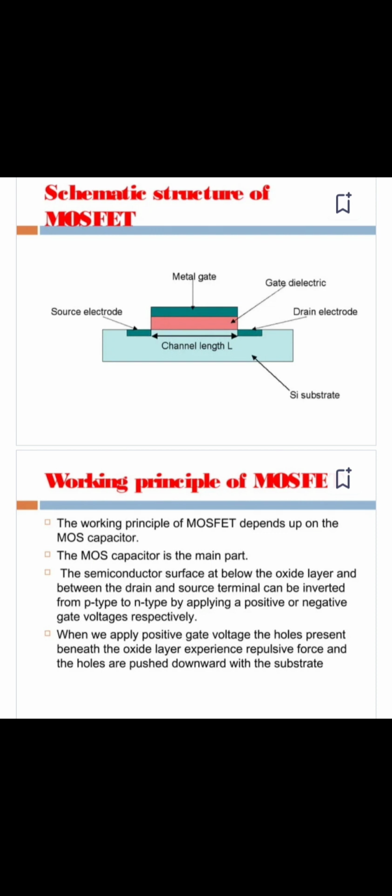Here, when we apply a voltage at the gate terminal corresponding to the substrate, the phenomenon of inversion takes place. For example, if we are taking the substrate as P-type, then the source and drain will be N-type regions, and the channel required for getting a drain current is N-type. So this N-type channel will be obtained only when you apply a positive potential at the gate, so that due to the capacitor action, the negative charges get induced in the channel by repelling the holes of the P-type substrate downwards.